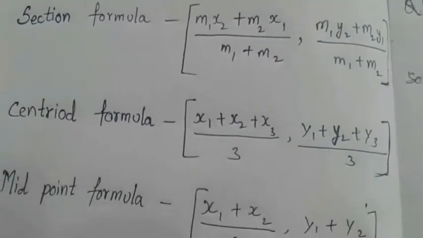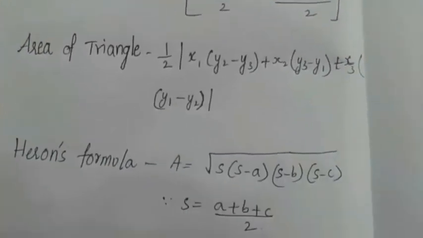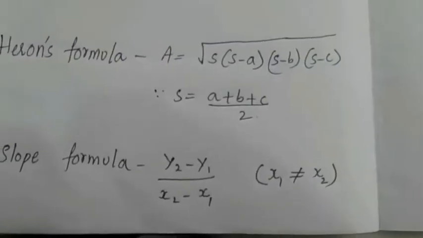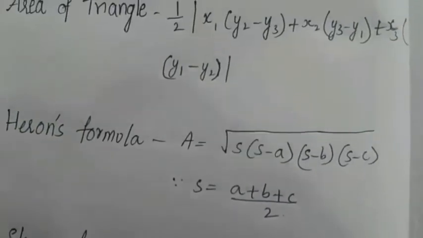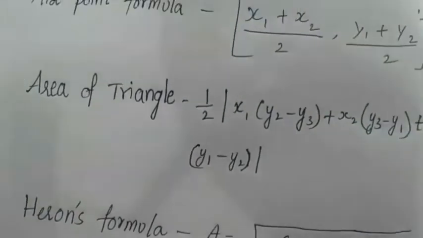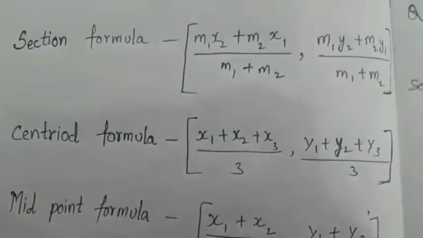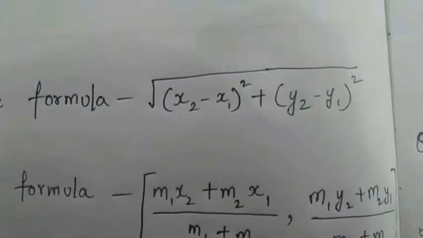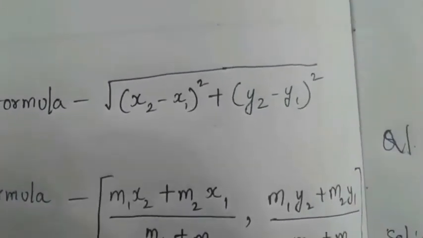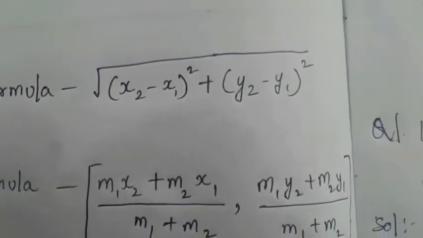So here are some of the formulas that you need to remember. If you remember these formulas, then you can answer any type of question you get from this chapter, coordinate geometry. This is a very simple and easiest chapter in mathematics in SSC 10th class. So see, you just need to remember these formulas. The first one is the distance formula, that is under root (x2 minus x1) whole square plus (y2 minus y1) whole